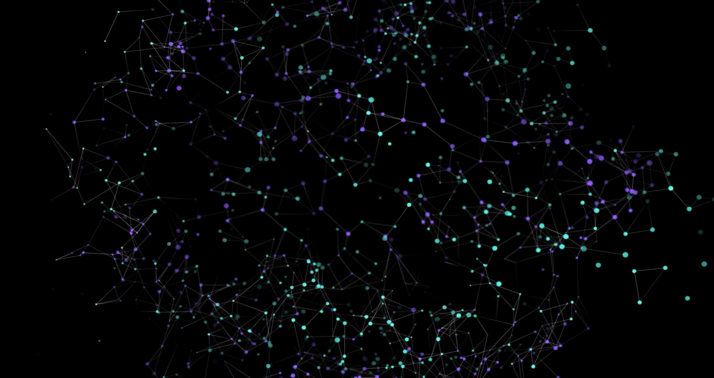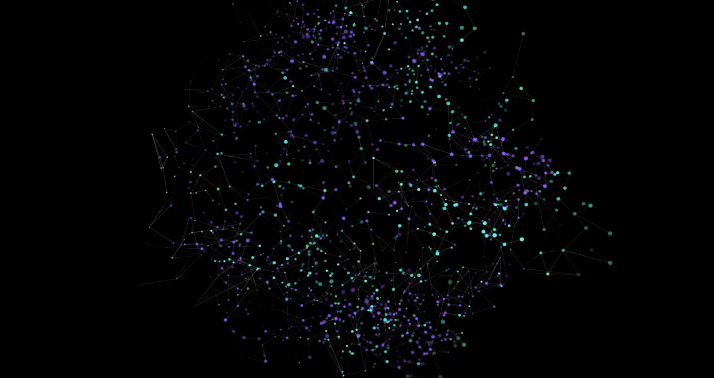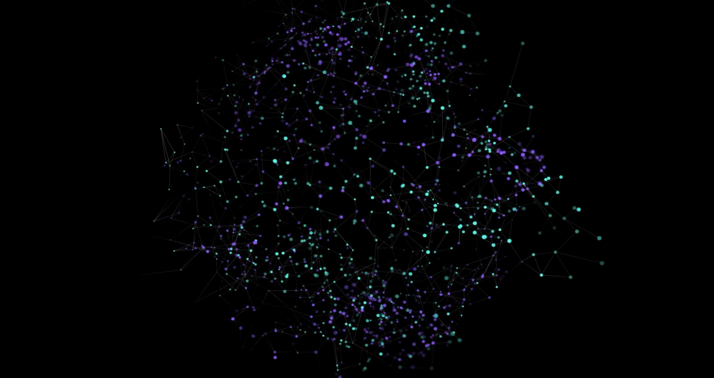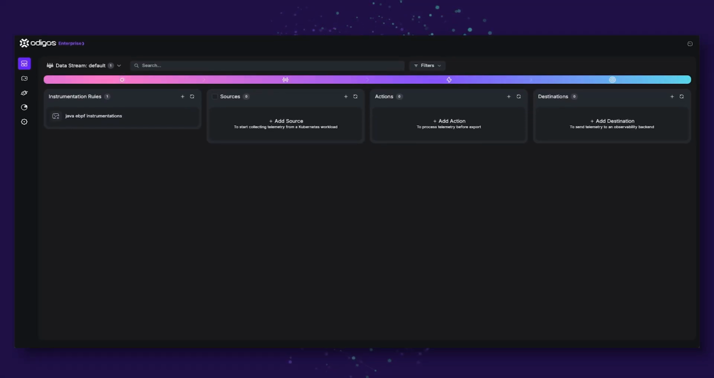AI is accelerating software delivery, but it's also making production environments harder to observe. Applications now span Kubernetes, virtual machines, cloud services, and AI agents, while code changes constantly and the telemetry becomes fragmented. Odigos solves this by using eBPF-powered instrumentation without code changes, SDKs, or developer involvement, delivering consistent, production-ready observability across modern